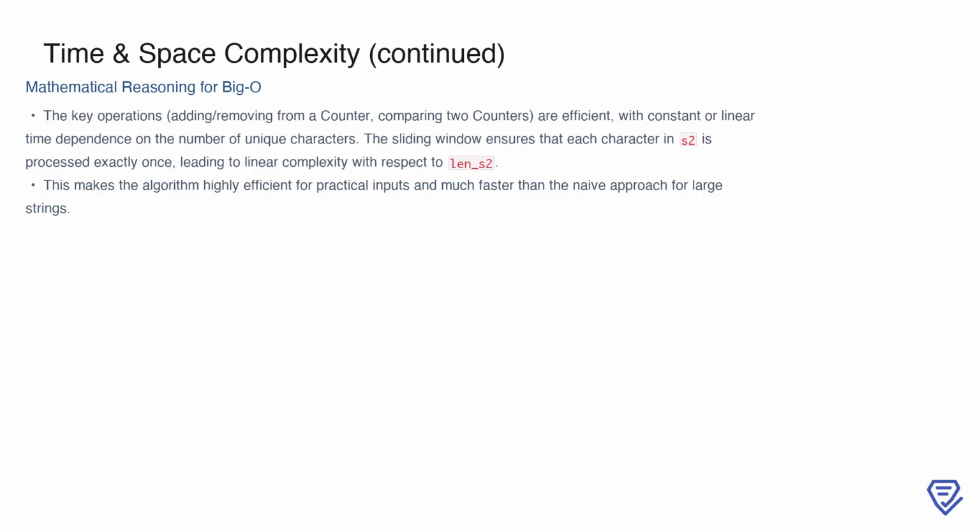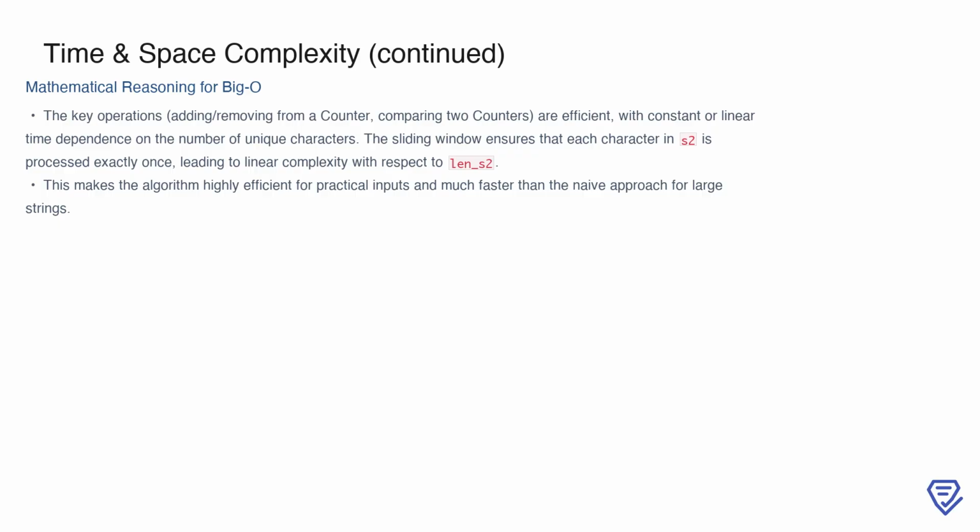Additionally, the sliding window ensures that each character in S2 is processed exactly once, resulting in a linear traversal of S2. Combined with the initial setup for S1, the total complexity of len_S1 + len_S2 reflects the algorithm's linear scalability. This makes it an excellent choice for handling large inputs, providing a significant performance boost over